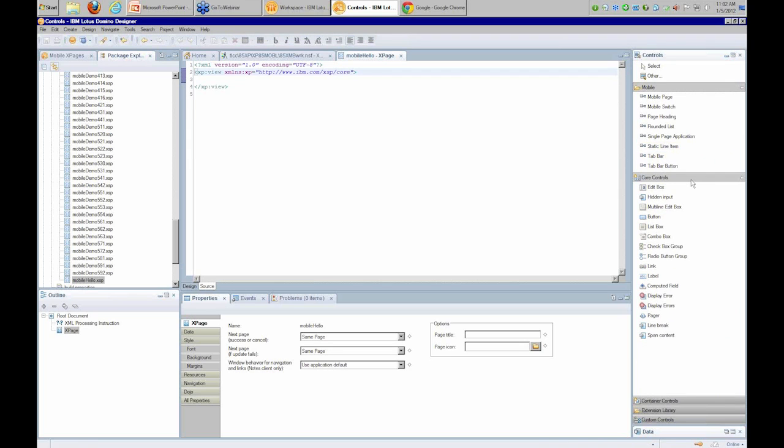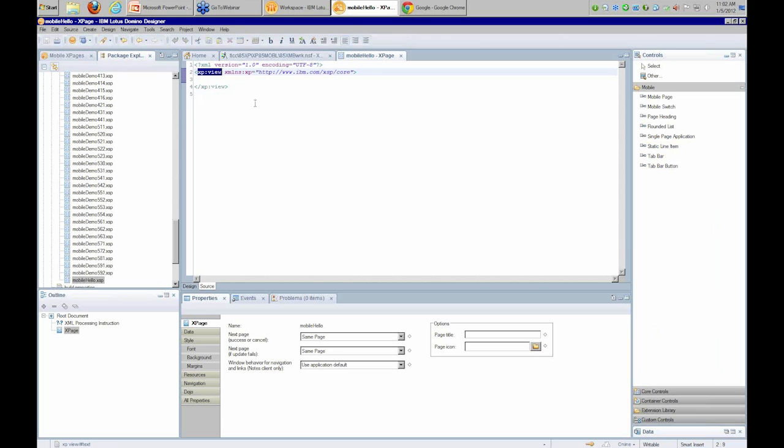And the first thing I want to show you is, on the source view, all I have is my root tag for my XPage, my XP view root tag, and the XPage namespace is also defined for my core XPage controls. So what I'm going to do is add the single page application mobile control,